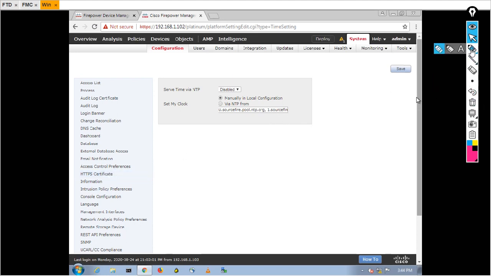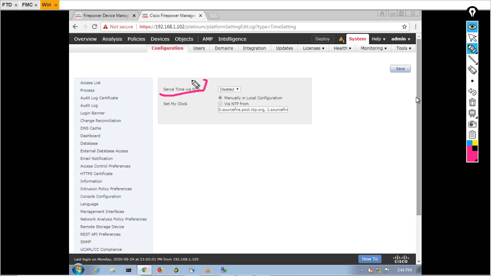So you can see here we have an option like server time via NTP is enabled. By default it is disabled. I am going to enable this one. Previously we configured some time and the time zone.